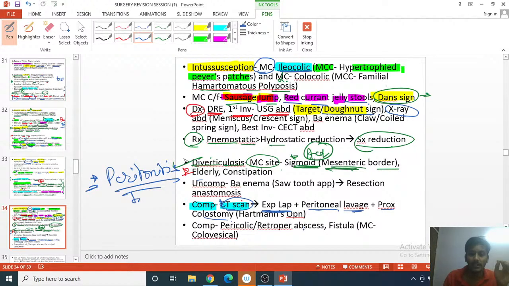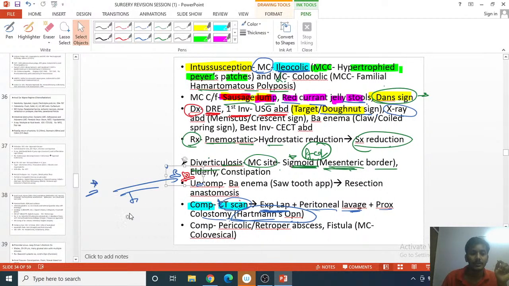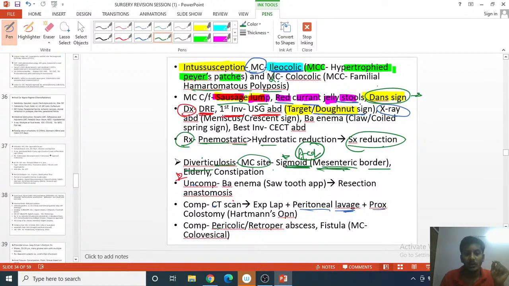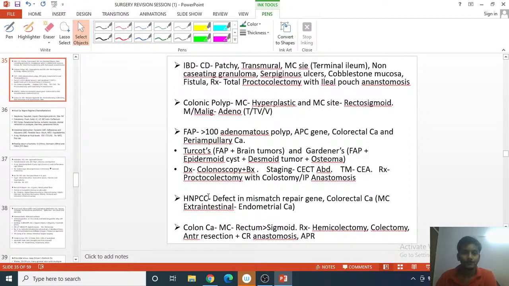So what do we call this whole operation? Hartmann's operation. So please remember, in cases of peritonitis which operation do we perform? Hartmann's operation. Please remember, in peritonitis Hartmann's operation is performed. Then moving further, other complications can be pericolic, meaning around the colon, or retroperitoneal abscess, that is in the retroperitoneal fat. Fistula can also develop, and the most common type of fistula is the colovesical fistula, that is between the colon and the urinary bladder. So the most common fistula is the colovesical fistula as a complication of diverticulosis. Please remember. Then talking about